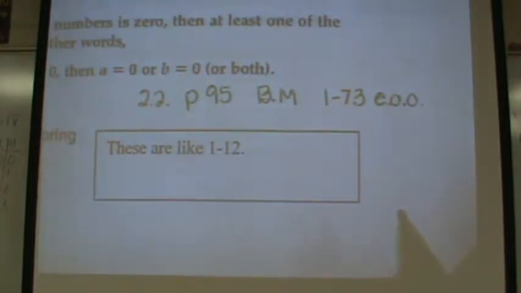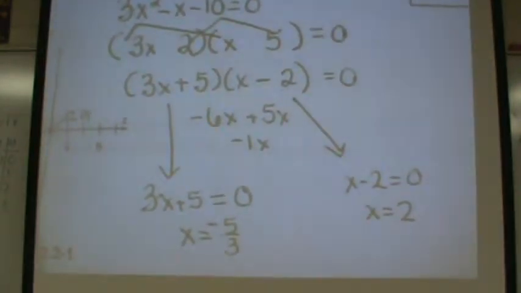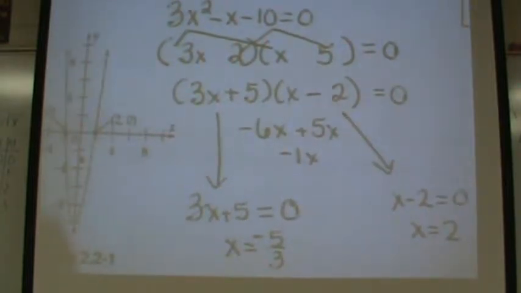But if you need more, you're gonna do the rest of the odds, or if you need even the evens, I'll be more than happy to provide the answers to the evens if you need them. So everybody's cool with simply factoring? You wanna make sure you get,